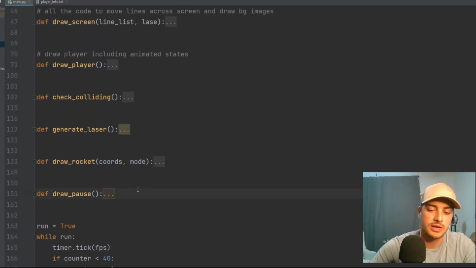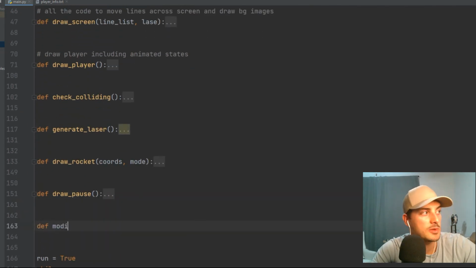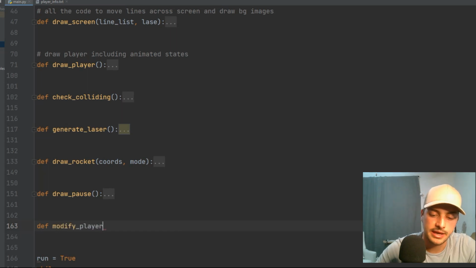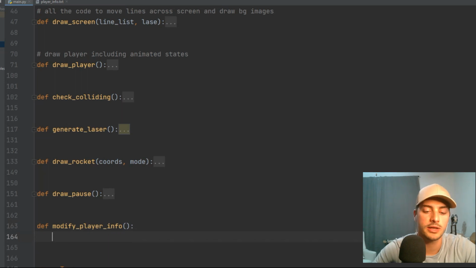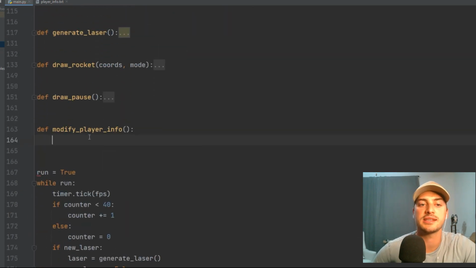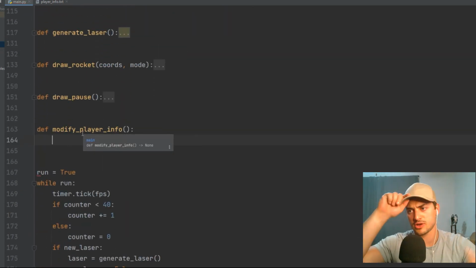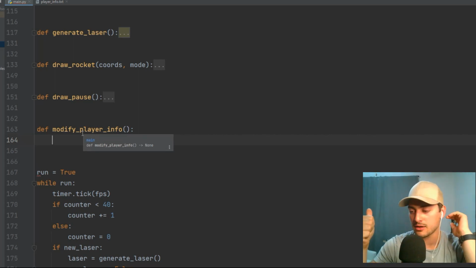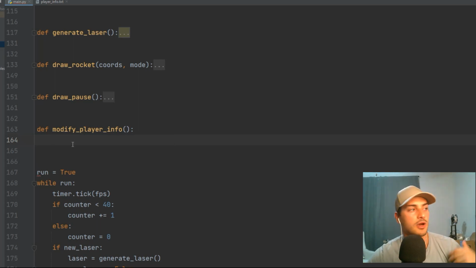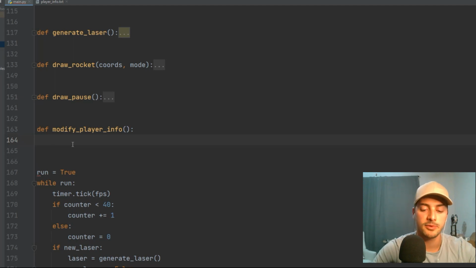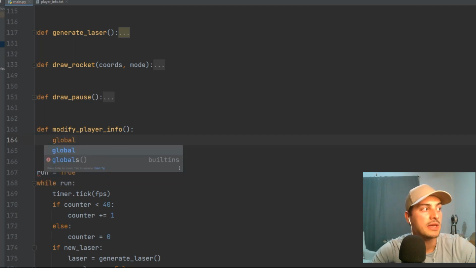But there are a whole bunch of times we want to modify the player info. And so actually what I think makes the most sense is we make a modify player info function, because we are going to want to be able to adjust the high score and the lifetime distance traveled if you exit out of the game, if you have to restart, if you pause and press the restart button, if you hit a rocket, anything like that. So anytime you restart, we want to modify the player info and before you exit out of the game. So what we'll do is